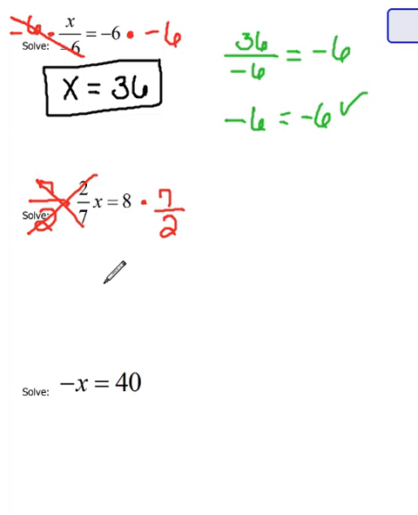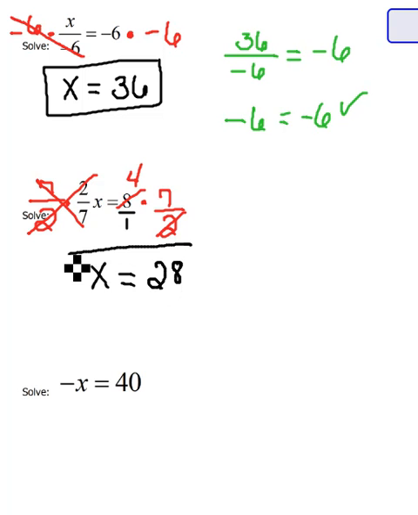So on the left-hand side we have x equals, and on the right-hand side, if we need to, we can look at that 8 as being 8 over 1, so you can see numerators and denominators. Well, 2 will go into 8 4 times, so here we have 4 times 7, which is all that's left,